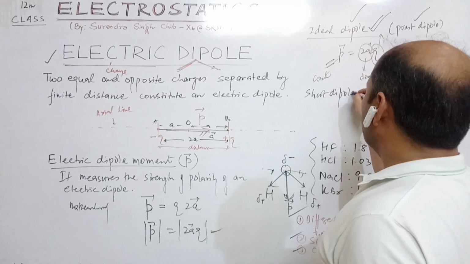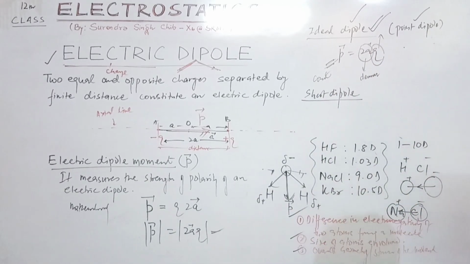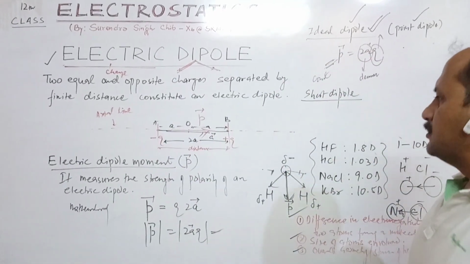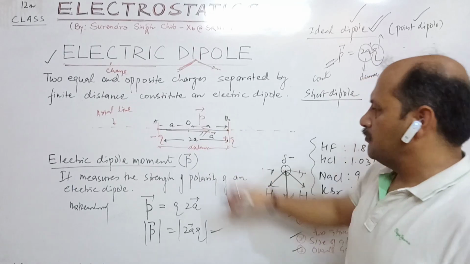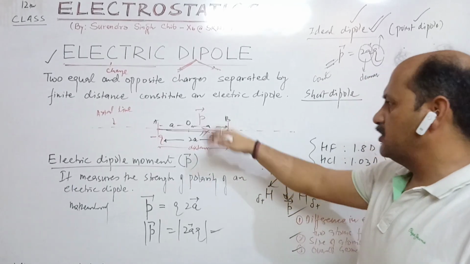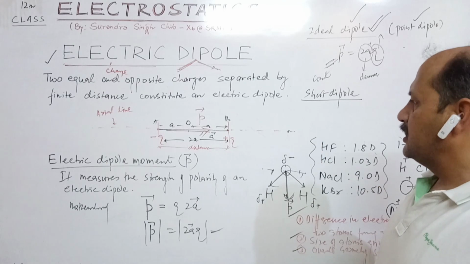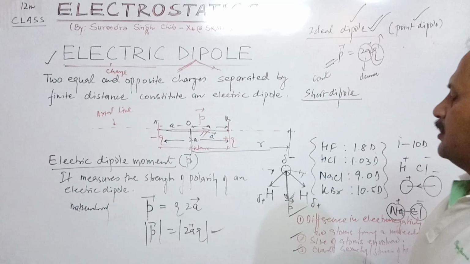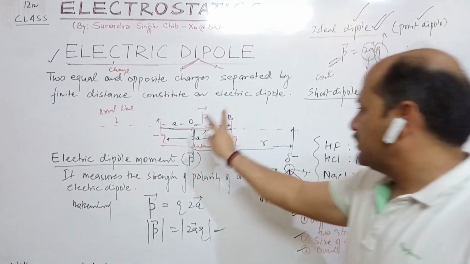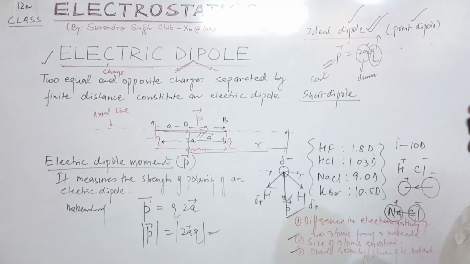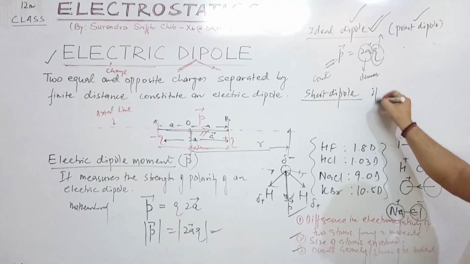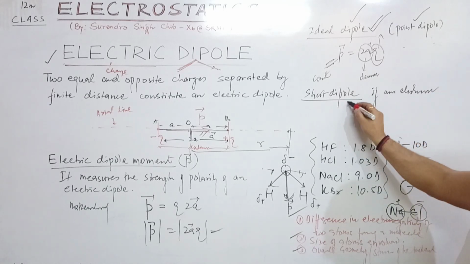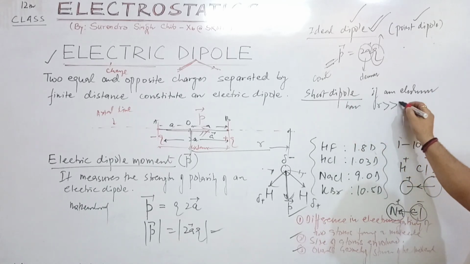Now what is a short dipole? For example, this is a dipole, and if you want to find some electric field intensity or some potential due to this dipole at this point, whose distance from the center of the dipole is r. If this r is much greater than the separation distance, it is a short dipole. If an electric dipole has r very much greater than a,